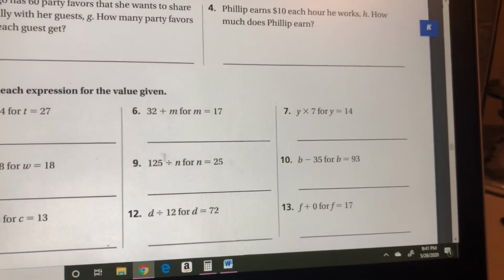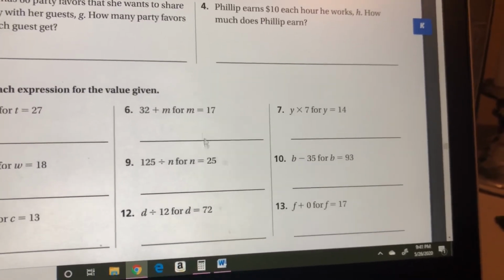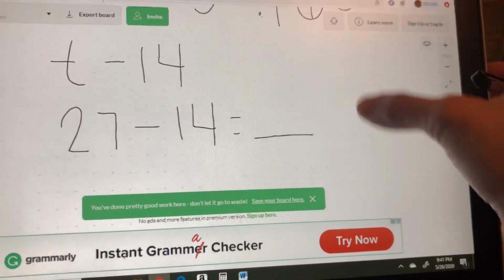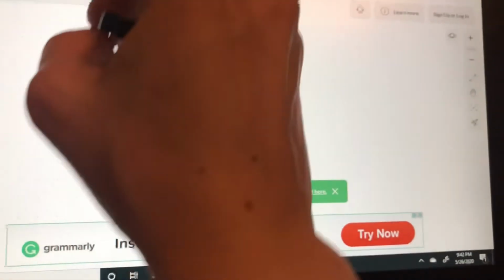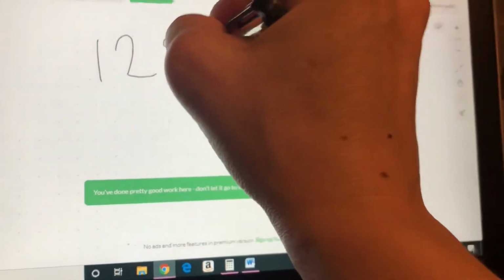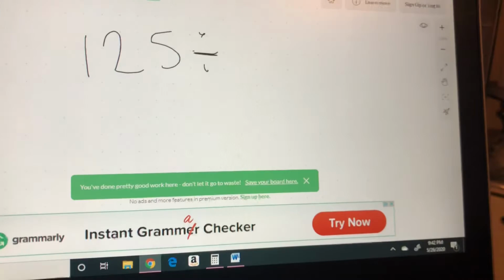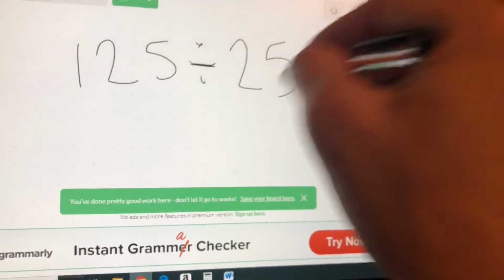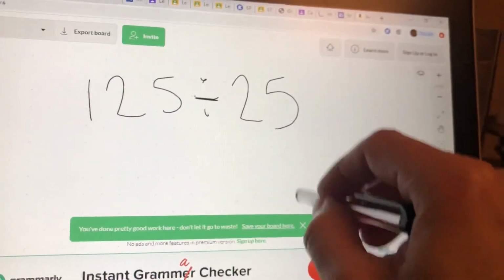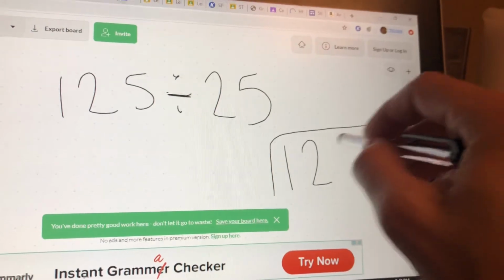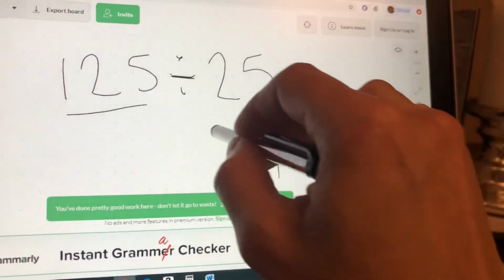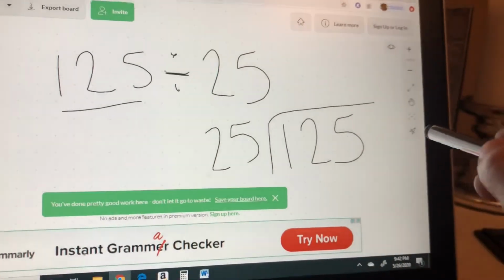Division is the same thing. 125 divided by n for n is 25. So remember, in this case, with division, okay, we've got 125 divided by 25. When you rewrite this, remember that your first number is your dividend, the one being split up or divided into your divisor, 25. Okay,